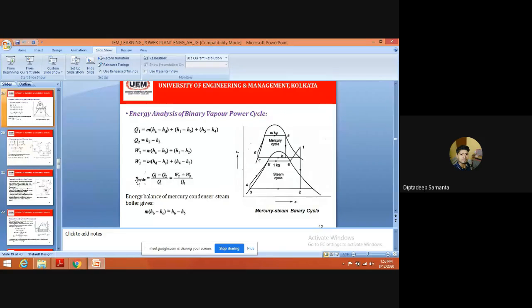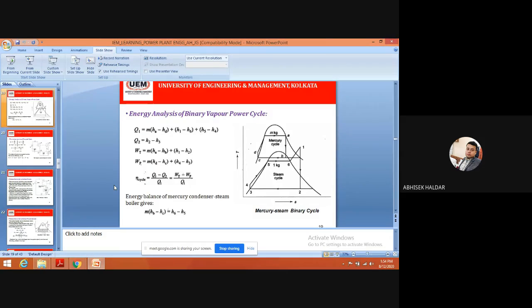Sir, in practical power plants, is the cycle that they use a combination of reheat, regenerative, and binary? No, binary I do not say in the common power plants. If you take the power plants from where we are getting the electricity, binary is not used; in very rare cases we can see the binary. But reheat and regeneration, both you can see.